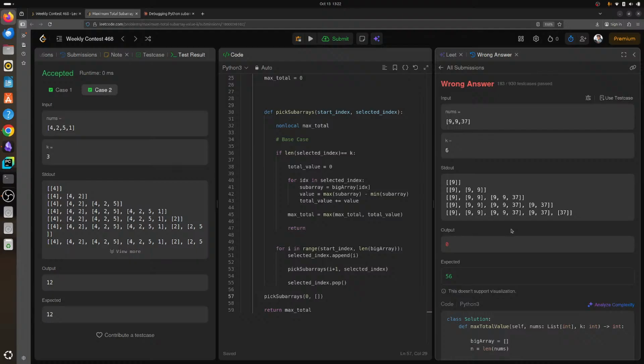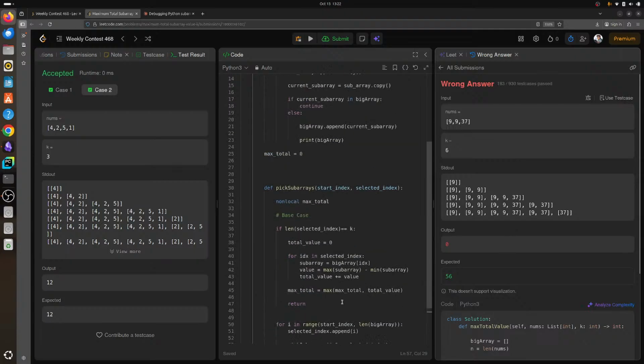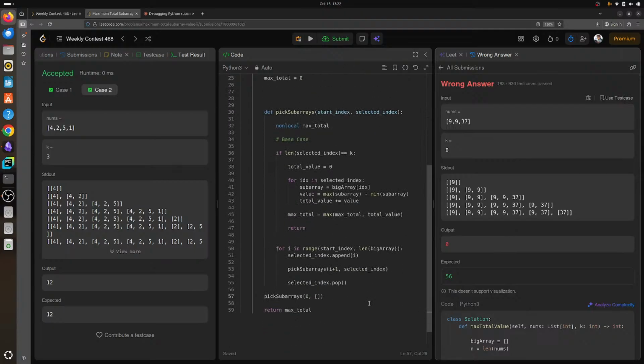For example here k equals 6, but we can't go and pick 6 indexes, right? So what we need to do, the output should be the expected 56. K is 6, but here